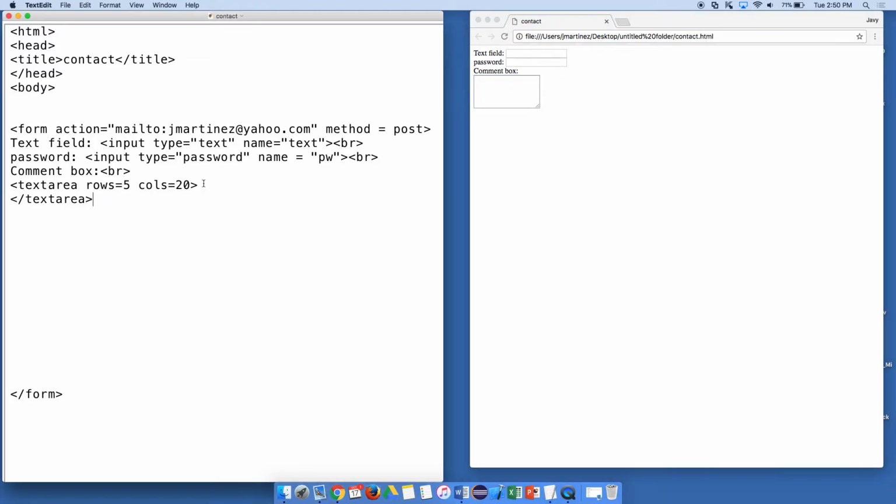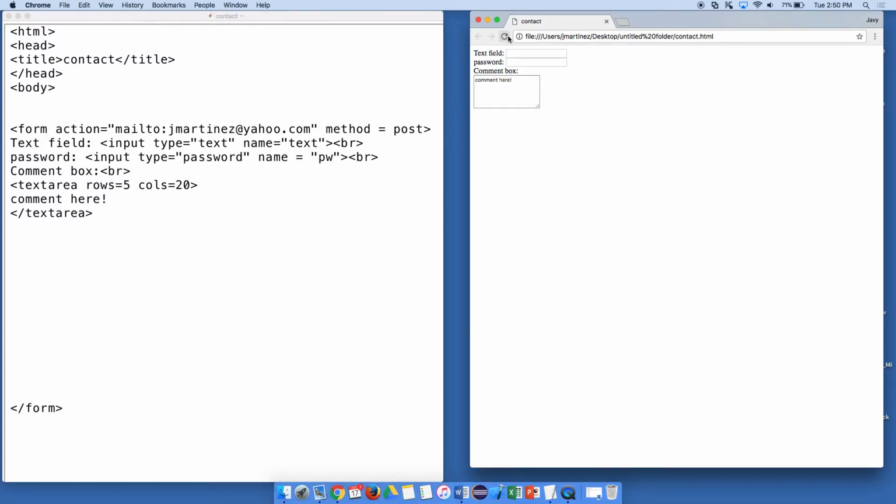Now, here's something that you can do as well. Take a look. If I go in between these tags and I add something like "comment here," that is the default of what will show up in the comment box. And then they can like delete it? Absolutely. So what happens, take a look, if you look at the website,